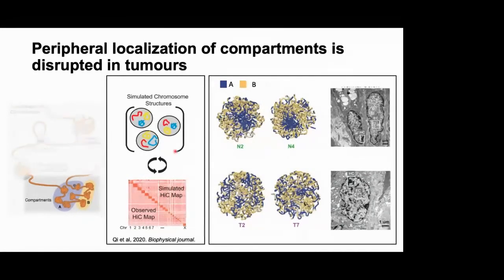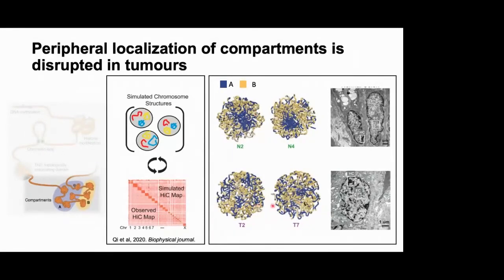Then he iterates the parameters of his model until reaching a simulated Hi-C map that converges to the observed experimental Hi-C map. When Yifeng did this for our data, here I'm showing two structures for two tumors, and you can see that B chromatin is nicely positioned at the periphery of the nucleus, while active chromatin is more positioned in the interior of the nucleus. However, for the tumors, this nice peripheral partition of chromatin compartments was lost, as you can see